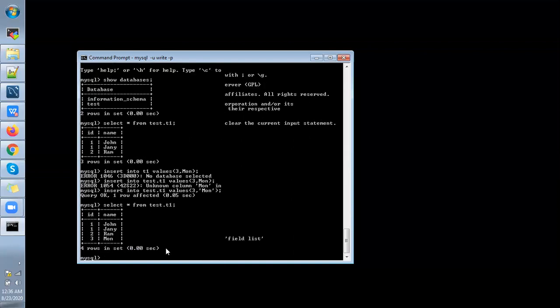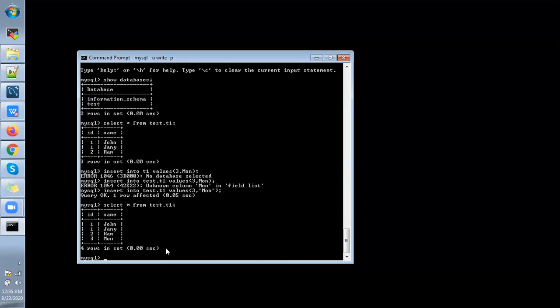So now I'm going to fetch data. So we can insert the data in this T1 table using the write access user.